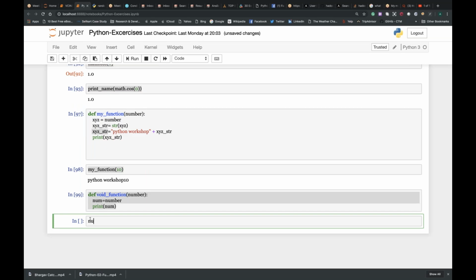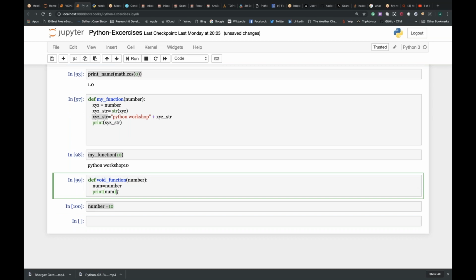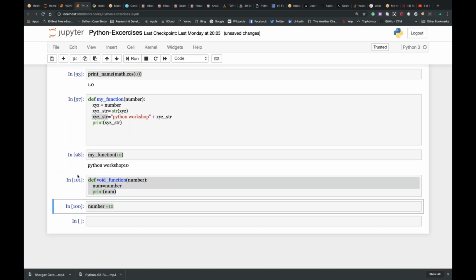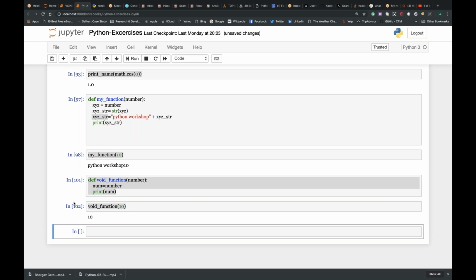Now if I say number equal to 10, and if I run this one, it doesn't make any sense to me. Now rather if I say void_function of 10, it gave me 10.